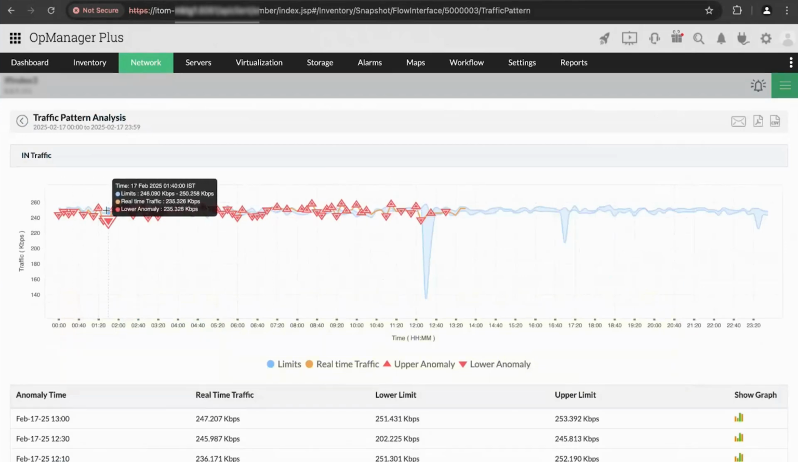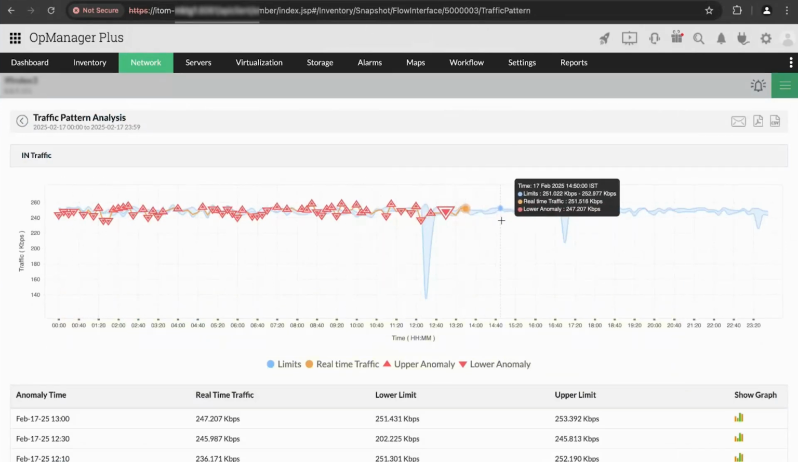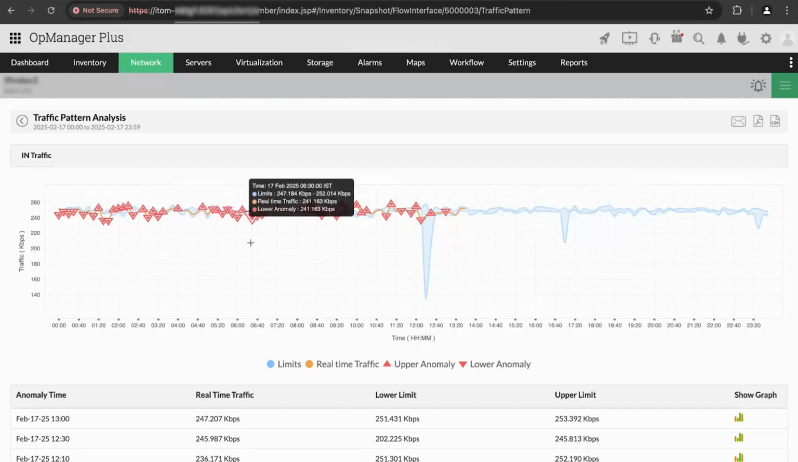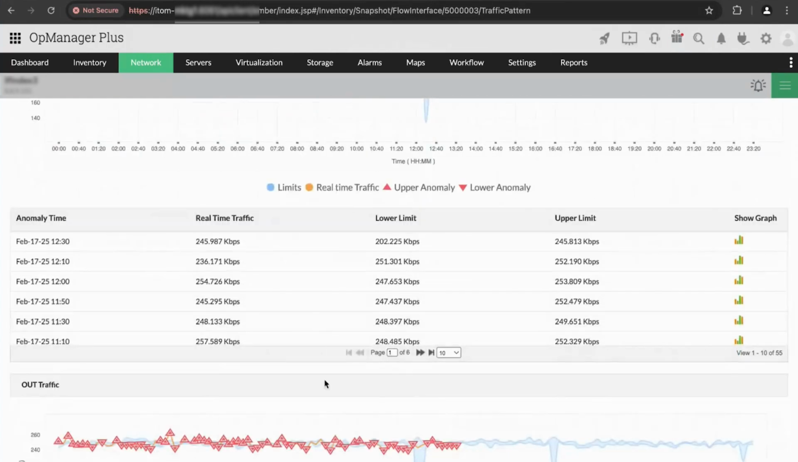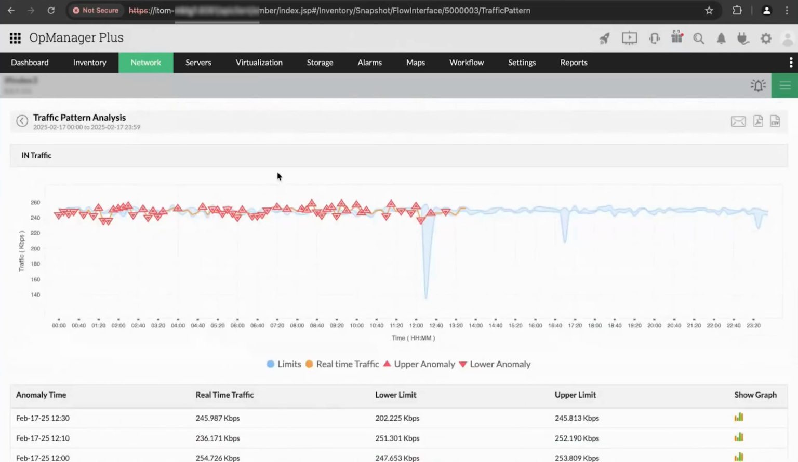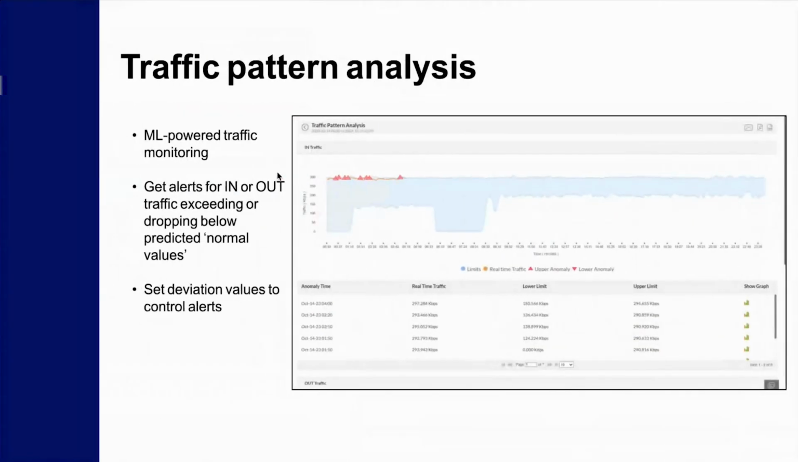OpManager Plus has narrowed down the upper and lower traffic values for this particular interface during the time frames mentioned here. In case an anomaly occurs, the anomaly is flagged, as you can see with the upper anomaly. This will be refined as time goes by, and the data will be more crisp and more accurate as time goes by. Anyways, this is how traffic pattern analysis works. Let me go back to the presentation now and talk about